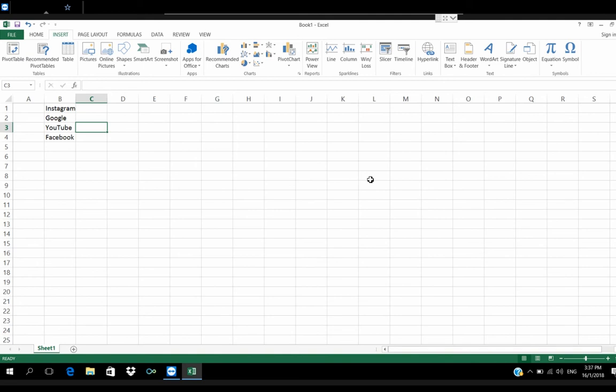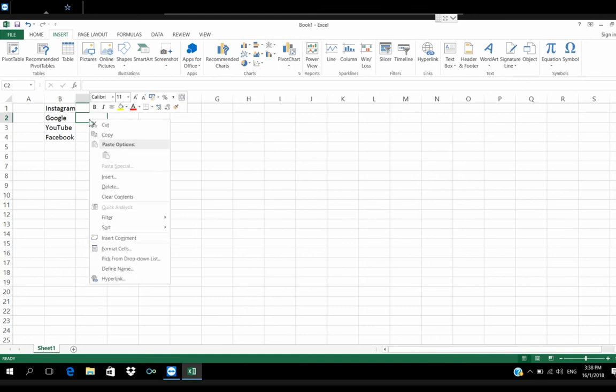Now pick a cell you want to add a hyperlink to. I am going to add a hyperlink for Google over here. On the cell beside, I am going to right click and there is Hyperlink.